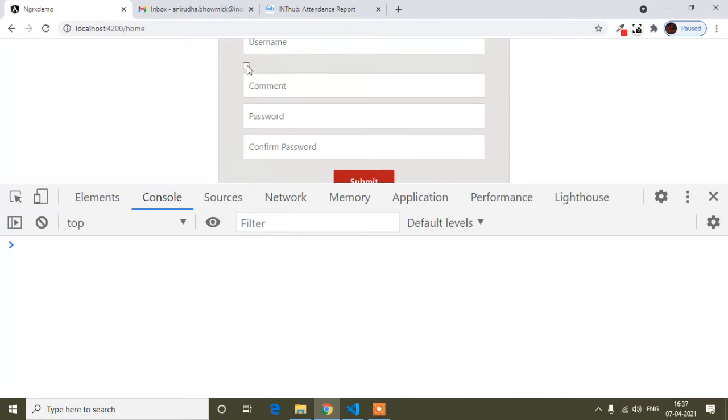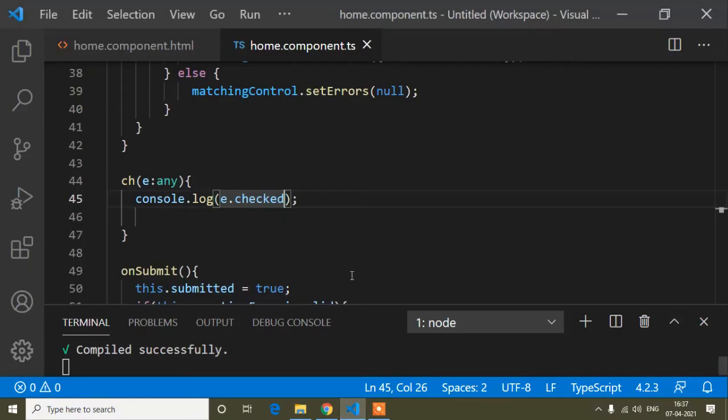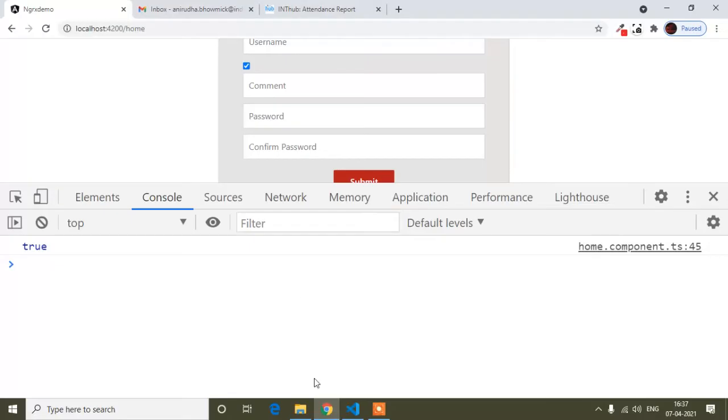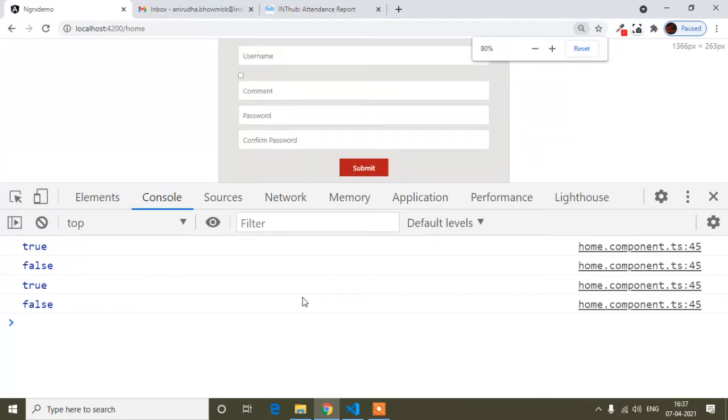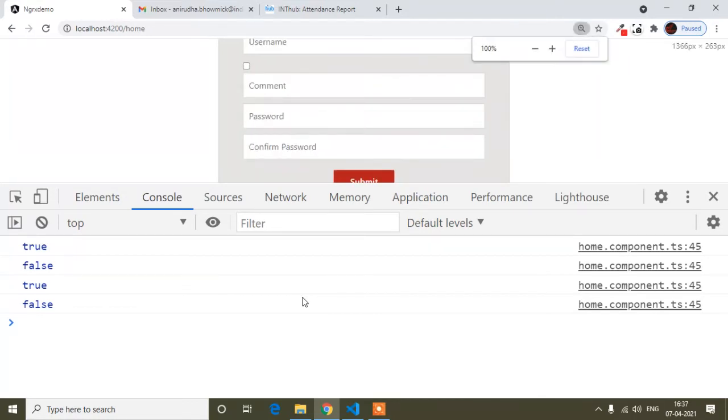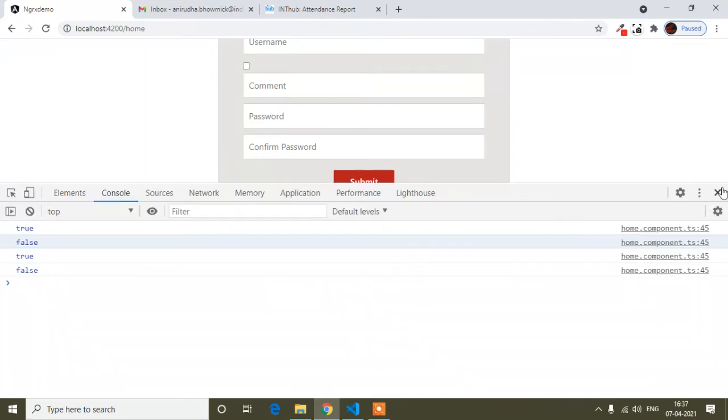Okay, and now if I click this checkbox, you can see it's showing true, because I have written checked, so it's showing the checked value. When unchecked, false. Again true, then false. So I think you can understand now what I want to do.